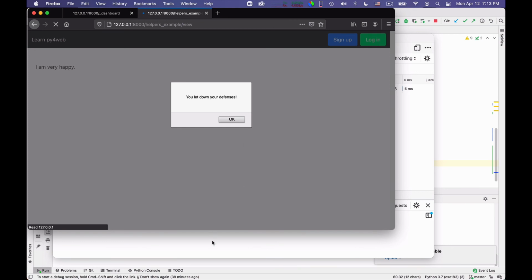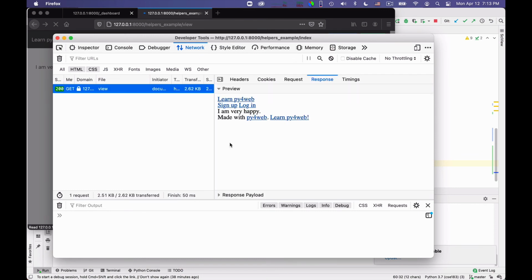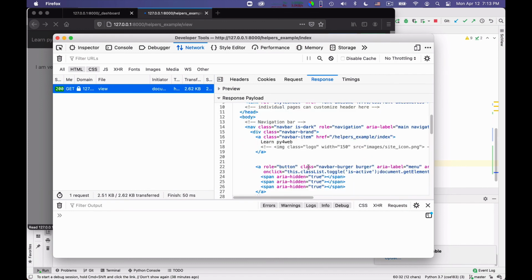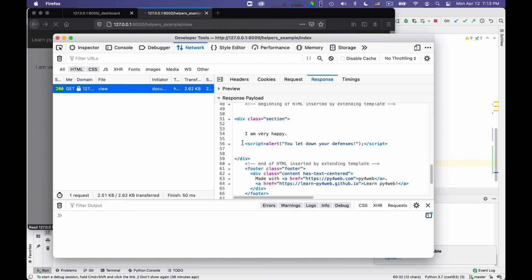Why? Well, if we want to see it, we can go to the network tab now. We can look at the response payload, and we can see that this time the script is not safe quoted, and so this is generating the pop-up.